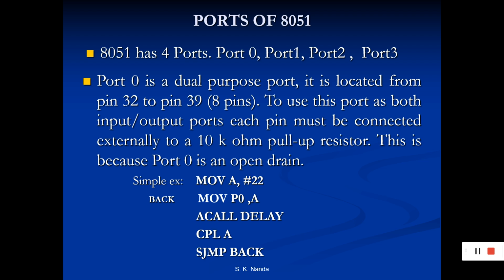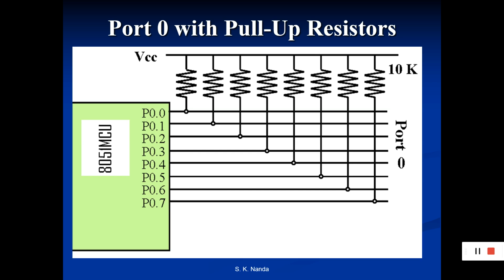आउटपुट कॉन्फ़िगरेशन में अगर हम उसको कनेक्ट करते हैं, then the pin is configured as an output, then it acts as an open drain. By applying logic 0 to port bit, the appropriate pin will be connected to ground, and by applying logic 1, the external output will keep on floating. In order to apply logic 1, 5 volt on this output pin, it is necessary to build an external pull-up resistor in this way. उसके पास में अपने हर एक के पास में 10 किलो ओम के पुल-अप रेजिस्टर्स होने